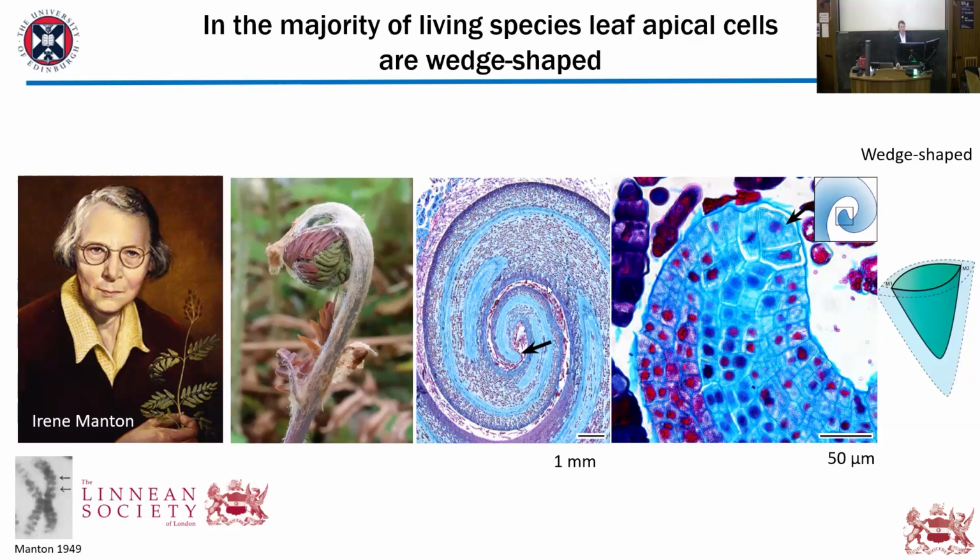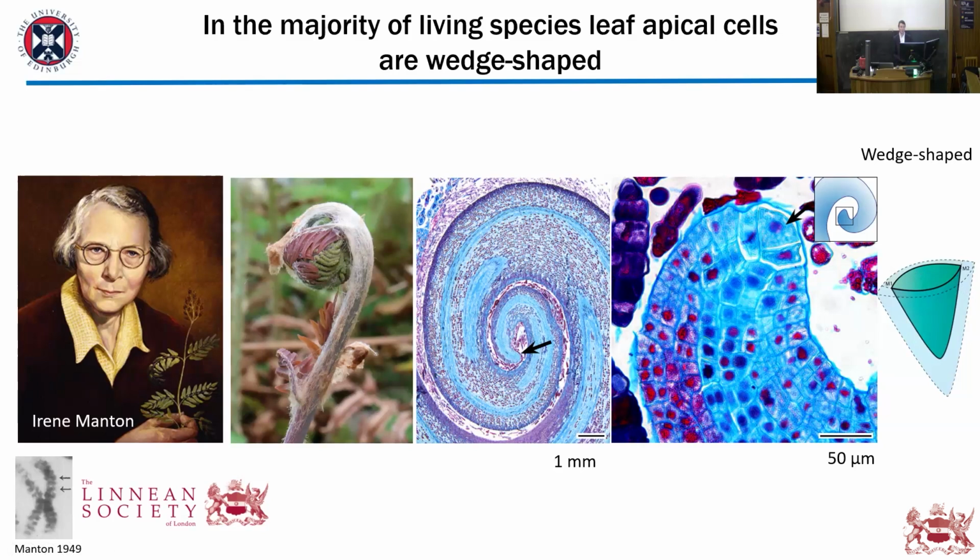If we cut a longitudinal section through the fiddlehead and then zoom in right on the very apical point, we find another one of these big triangular cells in longitudinal section. But here's the big difference. When we look at this now and make a 3D model of this, we don't find it to be tetrahedral. Instead, we only find it to have two cutting faces and to be almost like a doorstop shape, a wedge-shaped